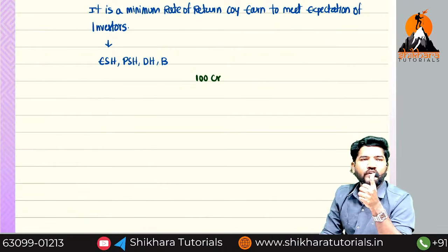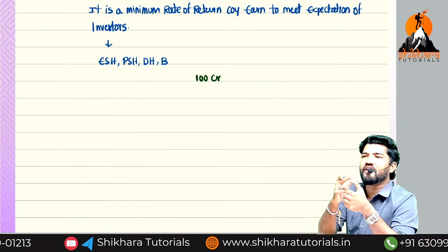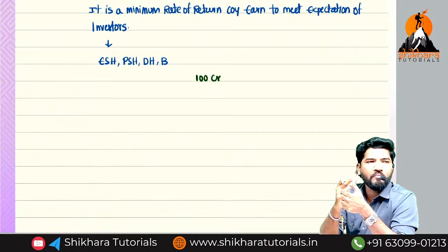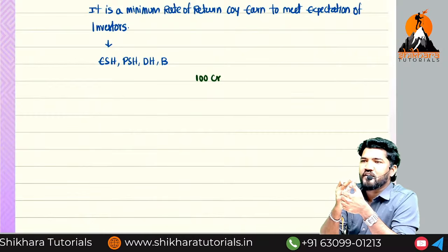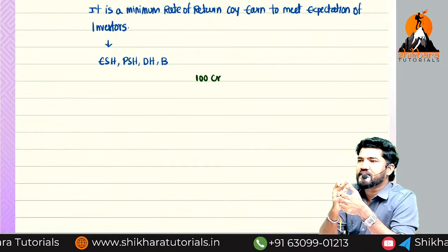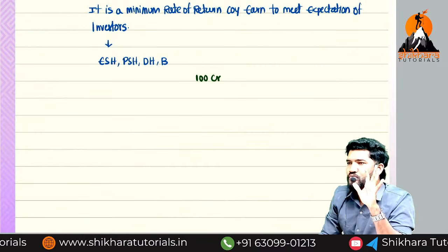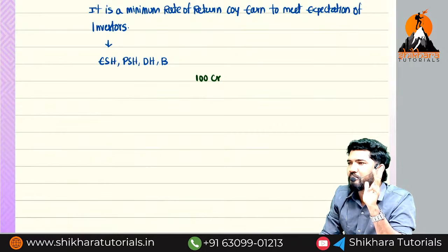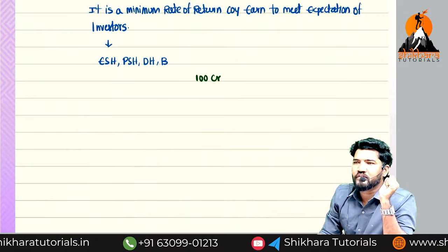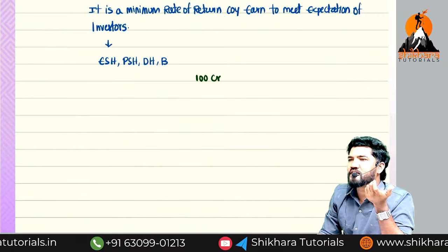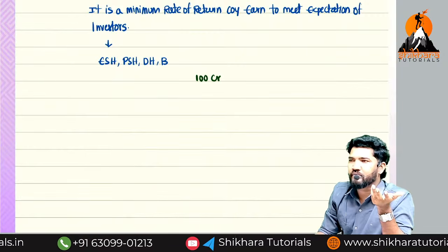Next, for the 5th point you need to check whether it is a new company or an existing company. If it is a new company, there are no savings. If it is an existing company, there are reserves, that is called retained earnings. These are the 5 sources we have: equity share capital, preference share capital, debenture, term loan or bank loan, and retained earnings. You can use reserves and surplus also, not a problem. Are you okay? Okay, then fine.